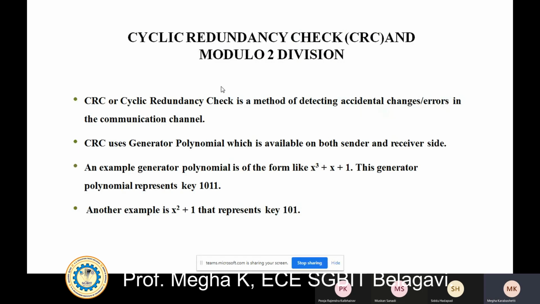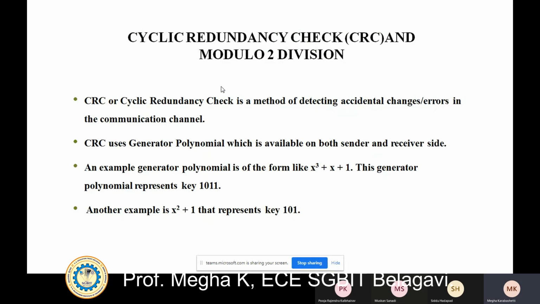That polynomial is called the generator polynomial. An example of how a generator polynomial is written is x cube plus x plus 1.